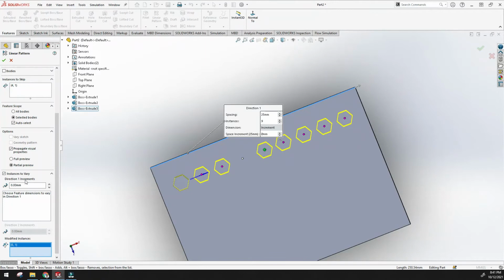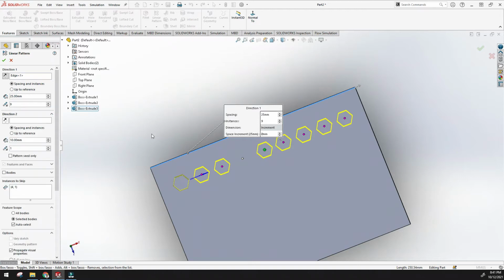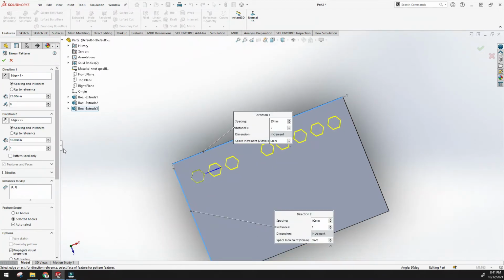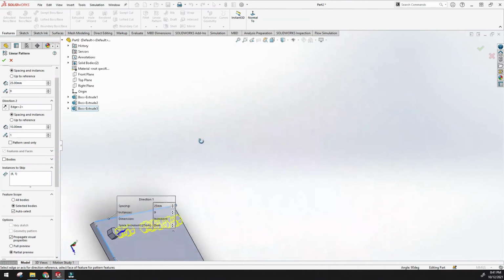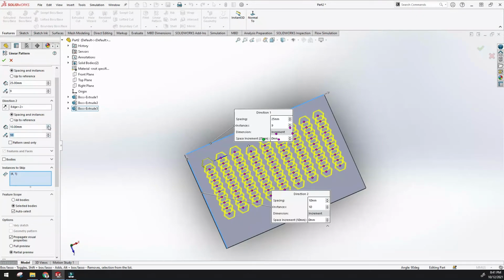So these are the tools, options in linear pattern. Now I'm going to talk about direction 2. In direction 2, actually in direction 1 I have given this. In direction 2 I want to give this. Once you click this, the pattern will start. Once you start giving this, you will see the pattern. Just give 20 or 15,